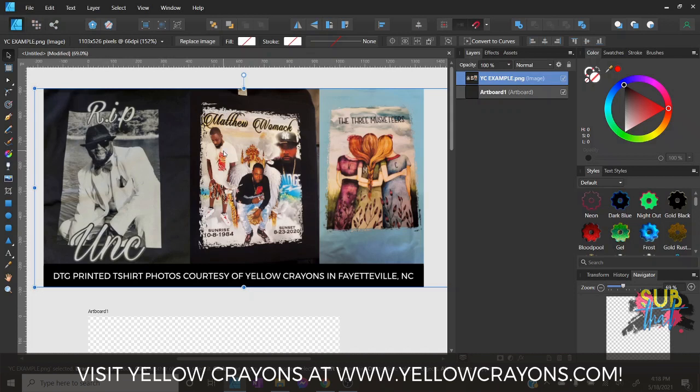But I did ask for their permission to use a couple of their photos because they use this distressed edge, as you can see here, on a lot of their shirts. And compared to this other one where it's a straight edge, you can see a huge difference in the aesthetics that this type brings. Now, of course, you're not always going to be able to compete with your customers. Sometimes they're just going to want a straight edge and a straight photo. But if you can guide them towards something that is this nice distressed edge, it definitely makes it look better